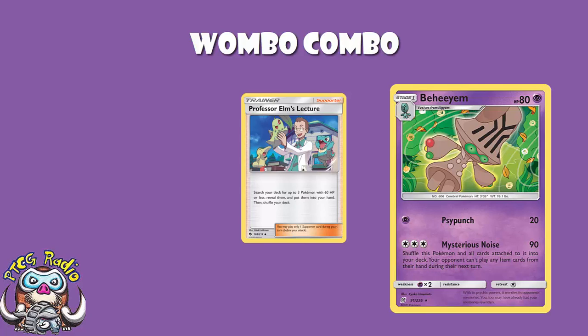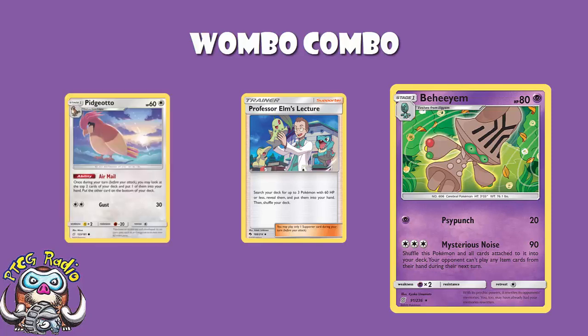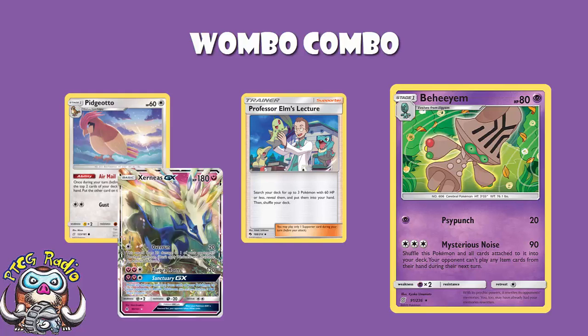Professor Round's Lecture lets you search for free Pokemon with 60 HP or less and put them into your hand. Now that gets all of your basic Pokemon, and it also gets Pidgeotto. Pidgeotto is the other really important part of this puzzle, because it's only got 60 HP, which is low. Xerneas did take a couple out, but it means it can be searched with Professor Round's Lecture, and then you've